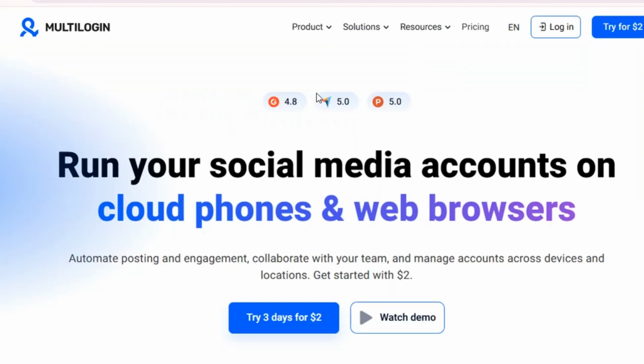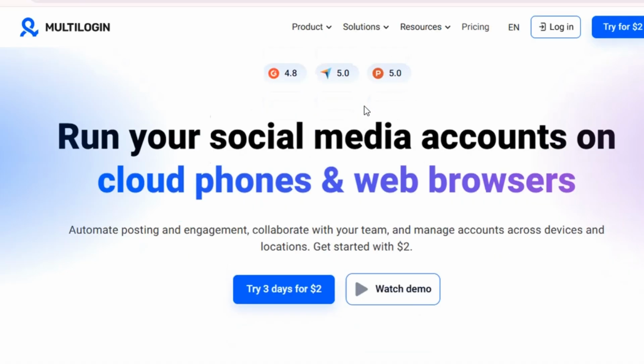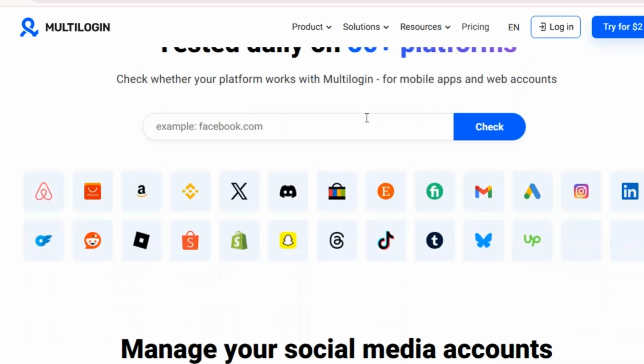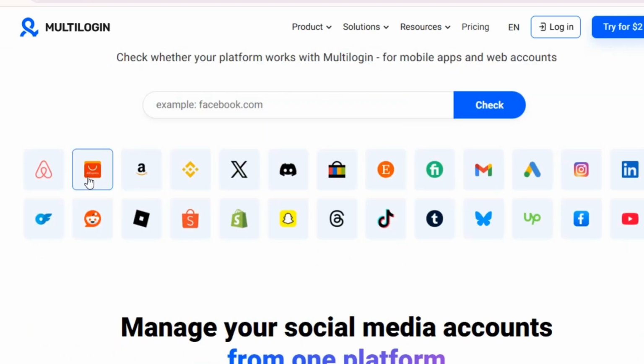Okay, so Multilogin is a massive platform for social media management. Not just social media management, let's talk about what it can be used for in real life. You can see there are hundreds of marketplaces you can create, which means you can create multiple social media accounts, even Binance, Shopify, Snapchat, IG, which is Instagram, LinkedIn. So for people who want to have spare phones online or you work from home, this is a good place